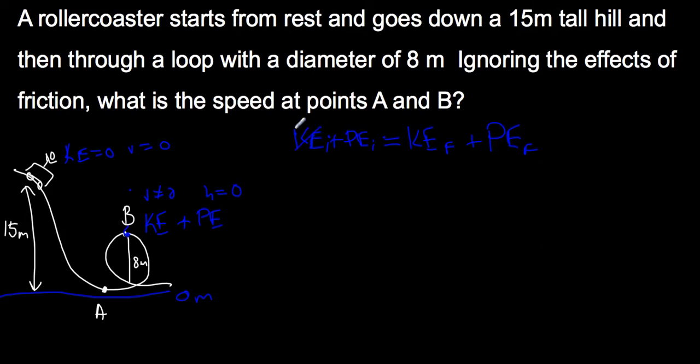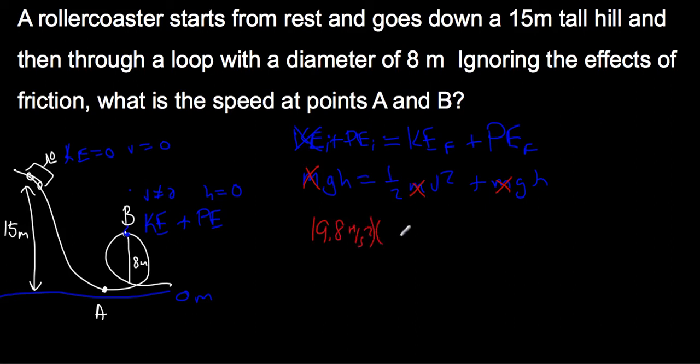You know that this drops off. You know we have both of these. So mgh is equal to 1/2 mv squared plus mgh. And again, we can get rid of our mass because it's in every single term. So I'm going to end up with 9.8 meters per second squared times my height, which in this case will still be 15 meters,